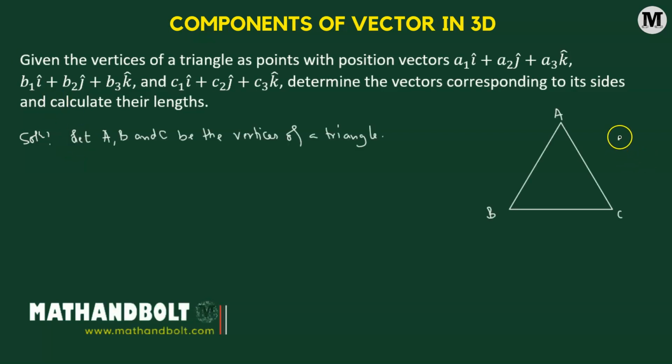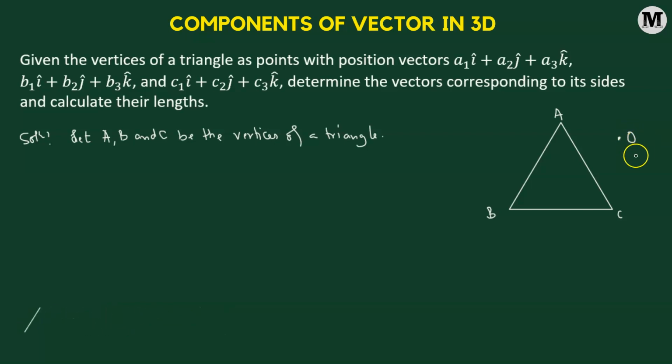Now we will consider some point O outside the triangle such that O represents the origin of the coordinate system. With respect to this origin O, we can define the position vectors of the vertices A, B and C. So let's define them. We're going to suppose that the position vector of A is defined by the OA vector. So let's say this is given by A1 i cap plus A2 j cap plus A3